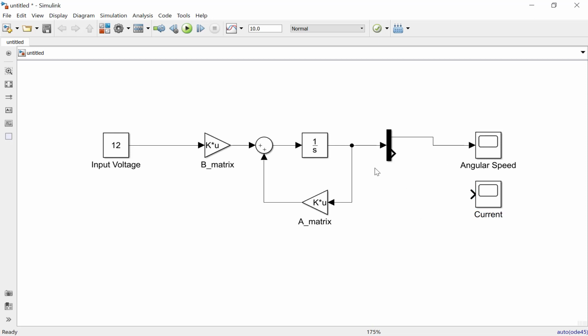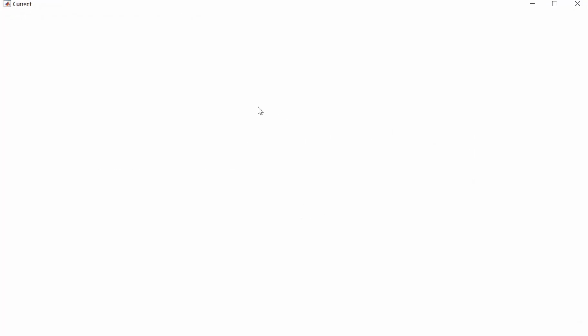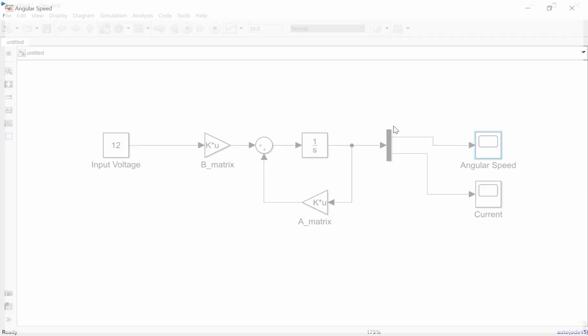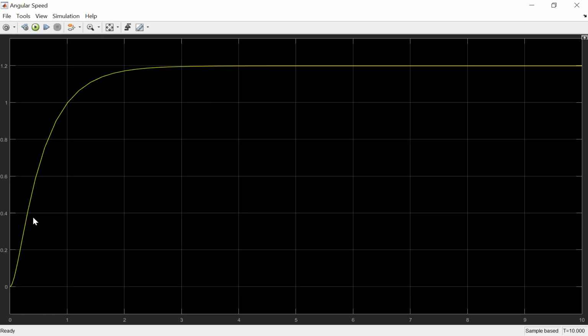So the first state is the angular speed, and the second state is the current. By using the 12 volt input voltage, we can see this is the current, and this is the angular speed.